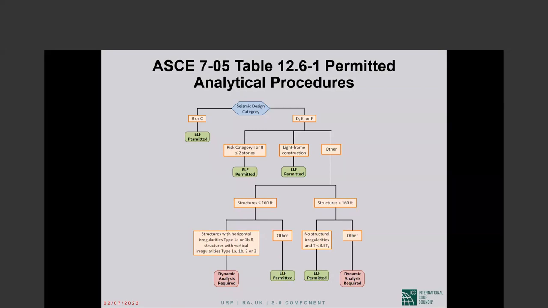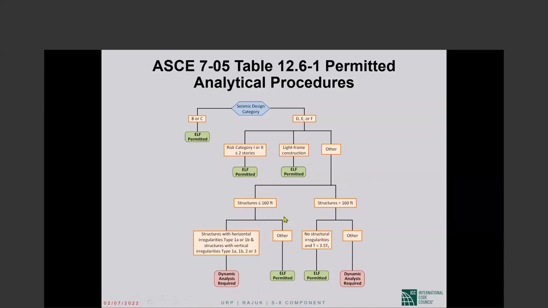Okay? If you have a risk category 1 or 2 building less than or equal to 2 stories in height, risk category 1 or 2, that means no schools, no hospitals, and less than or equal to 2 stories, then equivalent lateral force is always permitted. Okay? If you have other buildings, design category D, E, or F, that are not in this category, then